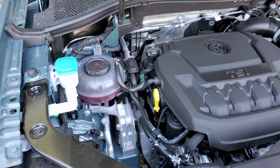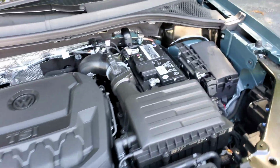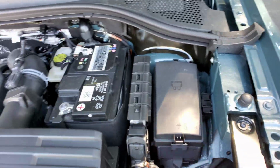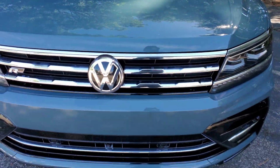Very quick, very sporty. Beyond that, we have clear indications of our fluids here, oil dipstick, and your battery will be right up here, right next to your fuses. Real easy navigation. Now, moving on past the hood and what's under it, the first thing that you'll notice is